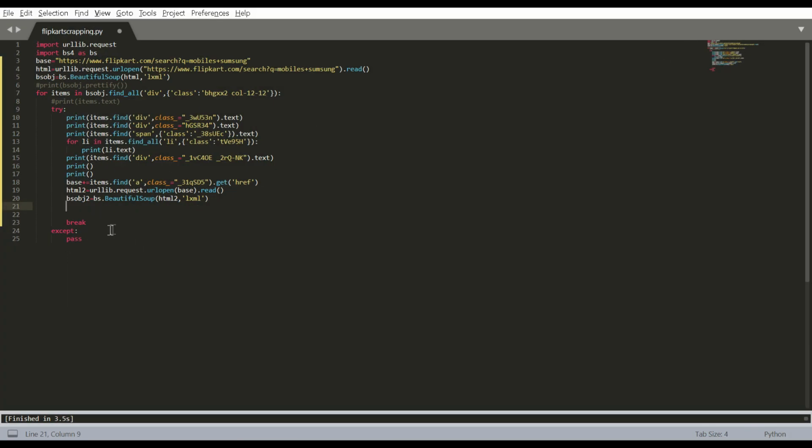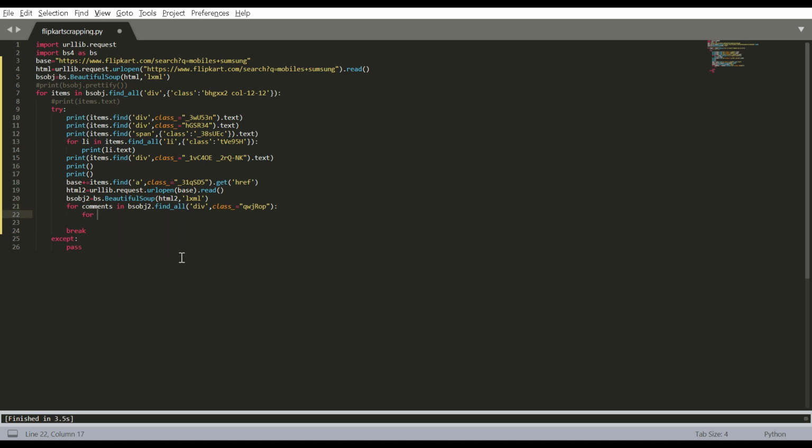So let's say for comments in bs object 2 dot find all, we'll be going for the div tags, and for the class, this will be a class.